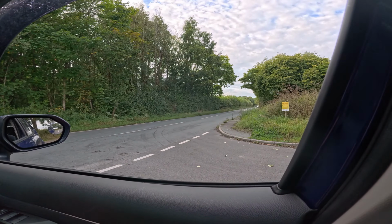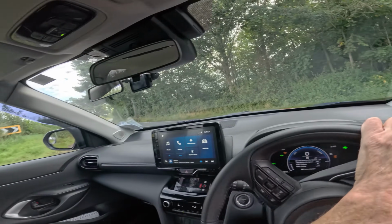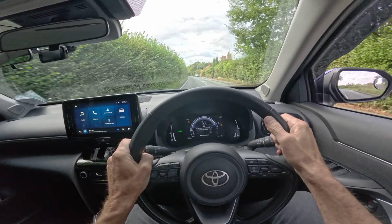So that's your view. Is there a car? No, it's parked, isn't it? It's okay that way. It's okay this way. Now we can go. Then we need to build that speed up,